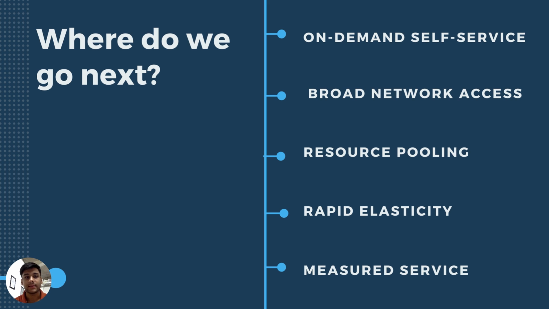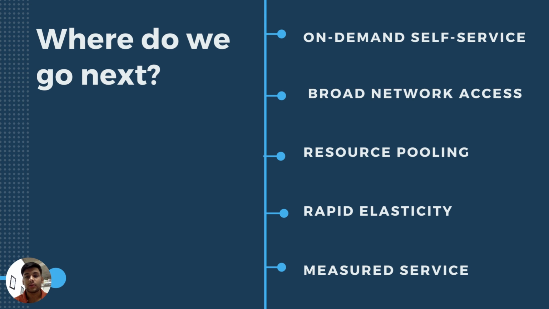So, after knowing what is cloud computing, now let's move to the other things like on-demand self-service. On-demand self-service refers to the services provided by the cloud computing vendors that enable the provision of cloud resources on demand whenever they are required. In on-demand self-service, the user accesses the cloud services through an online control panel. Broad network access refers to resources hosted in a private cloud network operated within a company's firewall that are available for access from a wide range of devices such as tablets, PCs, Macs, and smartphones.